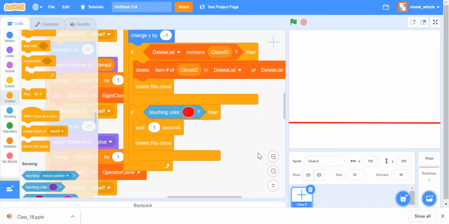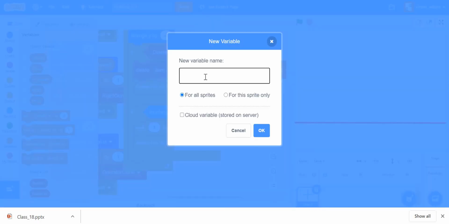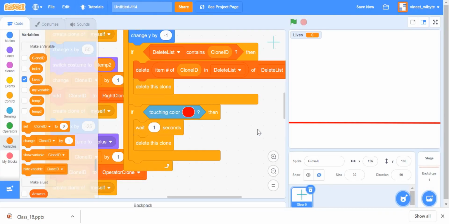And now we will see how we will use this infrastructure which has been put together to determine how the clones are falling, to determine if we have to end the game at a certain point, right? So for this purpose, again, I'm going to introduce a few variables. I'm going to introduce a variable by the name of lives, right? So I want to keep track of how many lives I've got. So possibly the game can start with, let's say, 3 lives, and it should end when I have missed 3 questions, right?